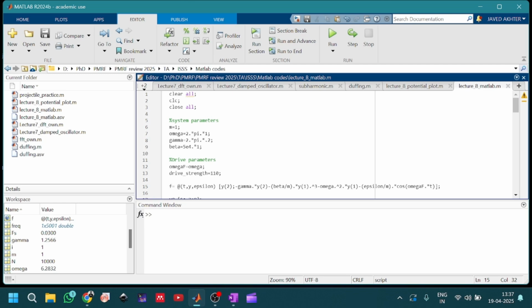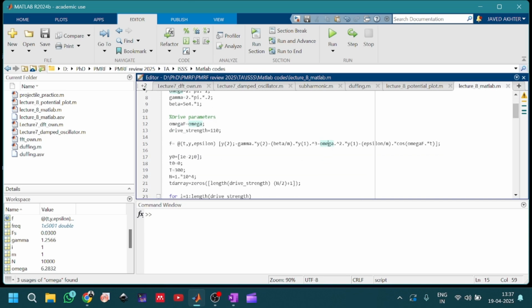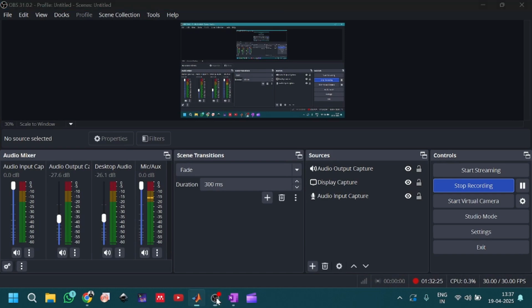So instead of putting a direct drive, you can modulate the spring constant of the equation, which is generally known as Mathieu equation. So you can try to explore these different kinds of things by taking different kinds of oscillator systems. Okay, so